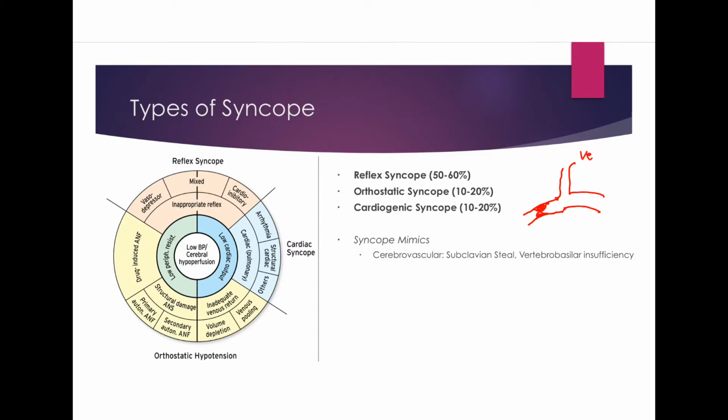So there's the vertebral artery, and this is the subclavian. When there's narrowing of the subclavian proximal to the takeoff of the vertebral artery, whenever there is a demand for increased blood flow to the arm,